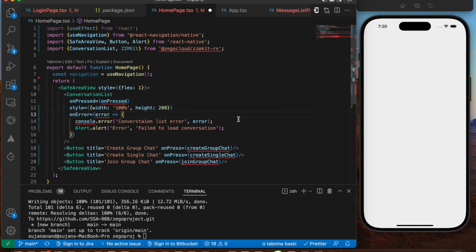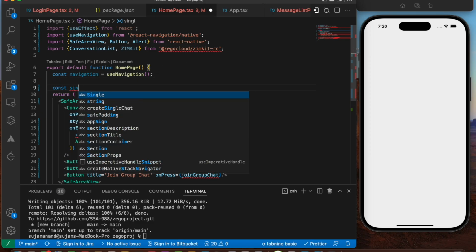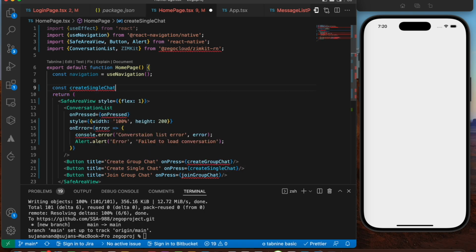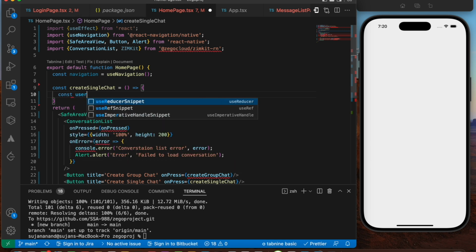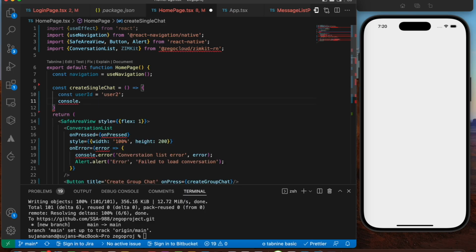So now let's define each of the functions over here, starting off with create group chat or create single chat. That's pretty simple to initialize and define. I'm going to say const create single chat is going to be equals to a normal arrow function. Here we can have the user ID. I'm going to say const user ID of the user you're going to chat with. Here I'm going to say user2. Then I'm going to say console.log starting single chat with